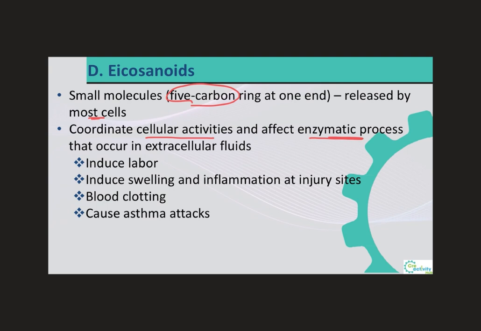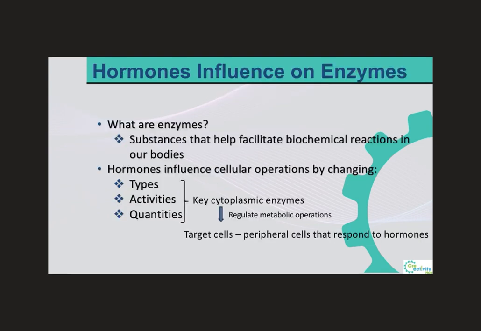And these examples are the induction of labor. It will also be important in the inflammatory process because it will induce swelling and also inflammation at the injury sites. It will help in the process of blood clotting and also have an important function in asthma attacks, which is not very pleasant. Since a lot of these hormones will influence the enzymatic processes, let's do a little